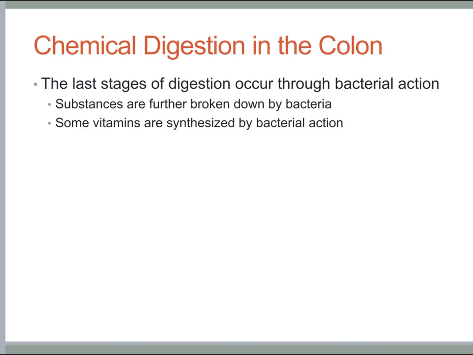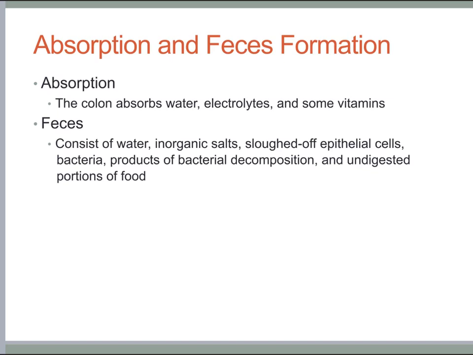Ultimately, there is some chemical digestion going on in the colon. The last stages of digestion occur here through bacterial action. We said before that we have symbiotic bacteria residing in our gut and our colon. These bacteria are breaking down substances that our body was unable to. As a result, we have the synthesis, through bacterial action, of vitamins, specifically our B vitamins. Thanks to those absorptive cells that line the large intestine, we are actively engaging in absorption and feces formation. So the colon, the large intestine, will be absorbing water, electrolytes, and those vitamins through that symbiotic action with the